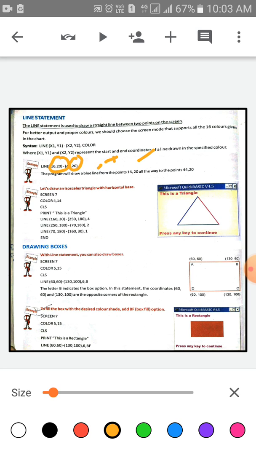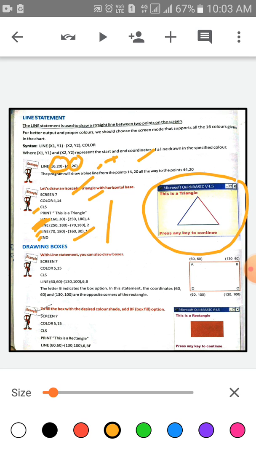Again, this is an example of how to draw an isosceles triangle with a horizontal base. SCREEN 7, COLOR 4, 14, CLS, then print "this triangle", then LINE with the color number. This is the screen of QBasic.